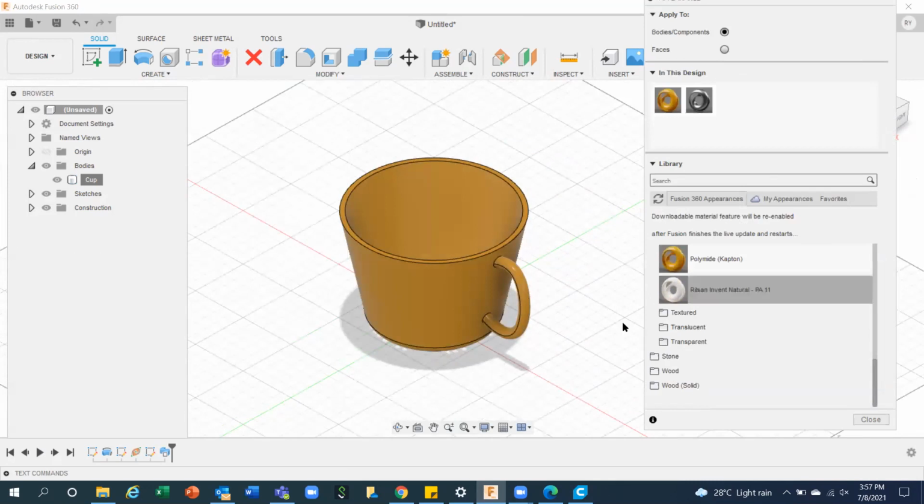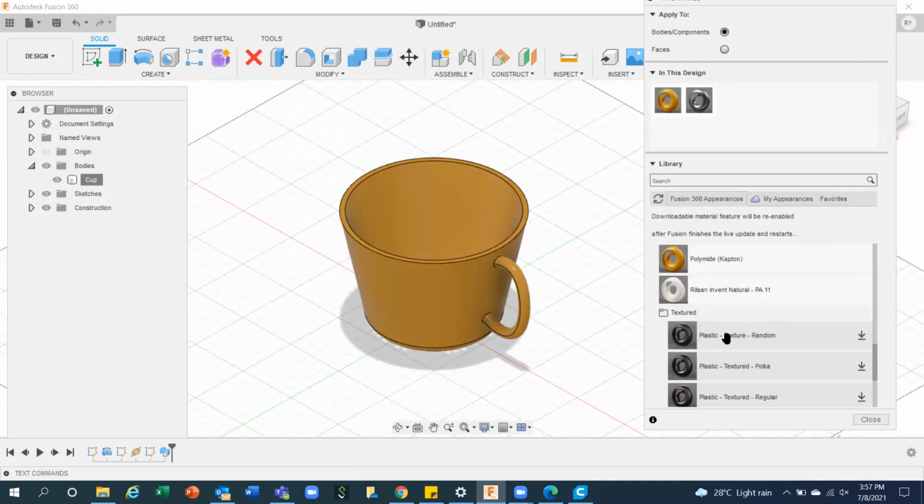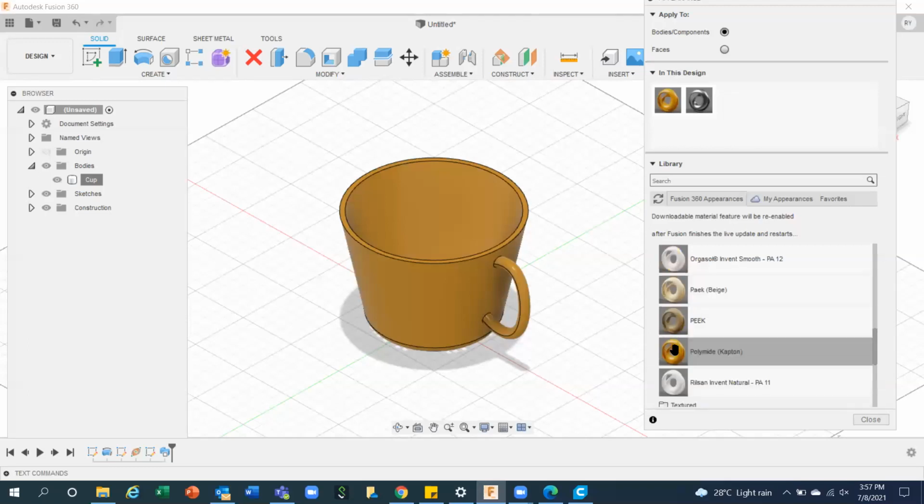If you want to apply, you can select any one. Are you getting this down arrow in front of your material? You can simply select this object and drag and drop it to your component. It's applied.